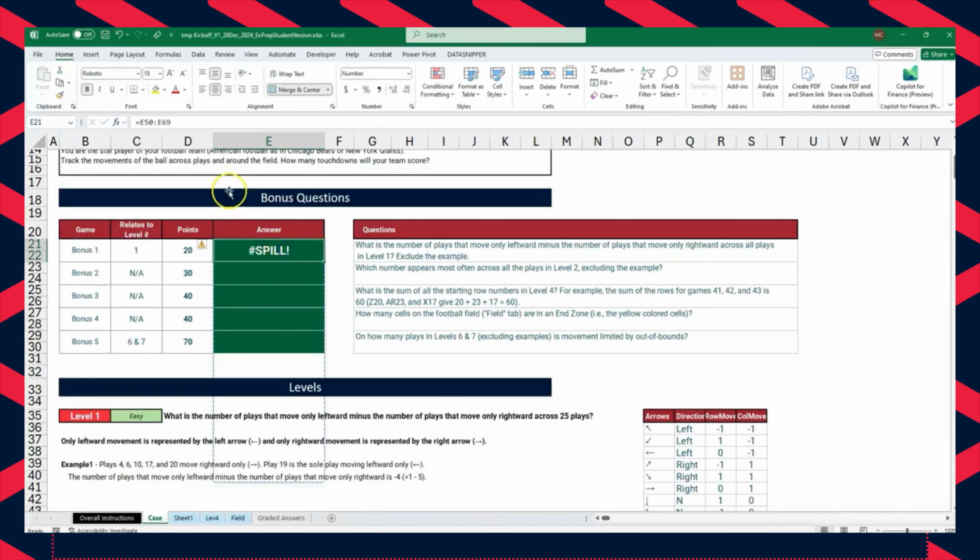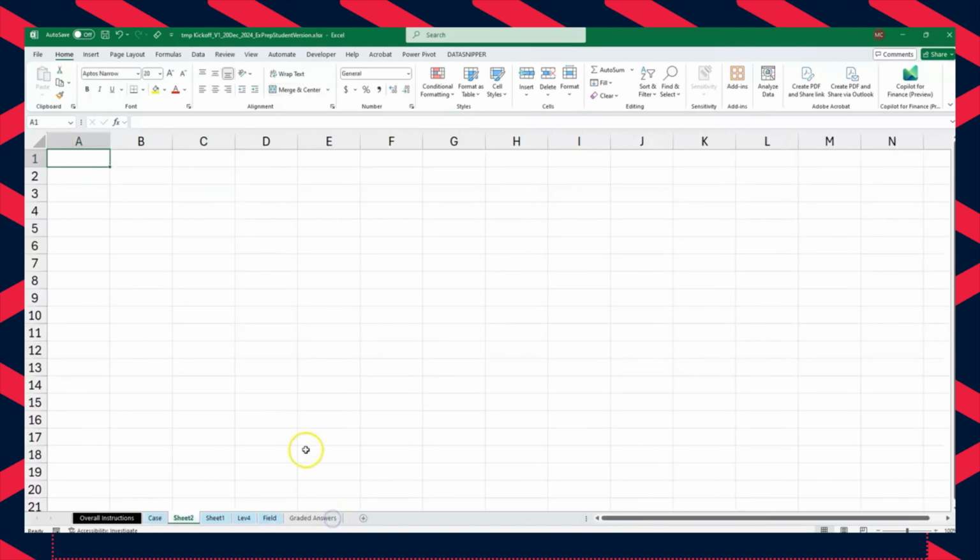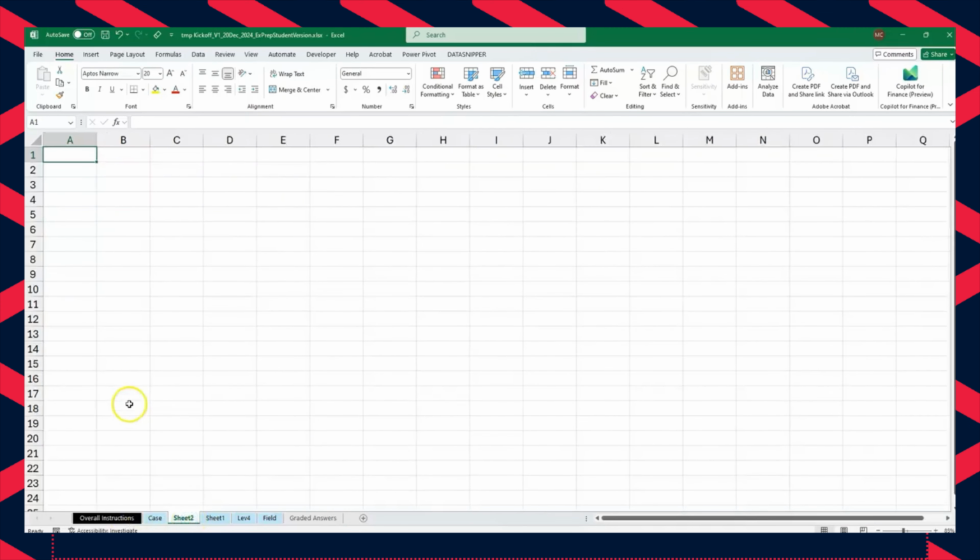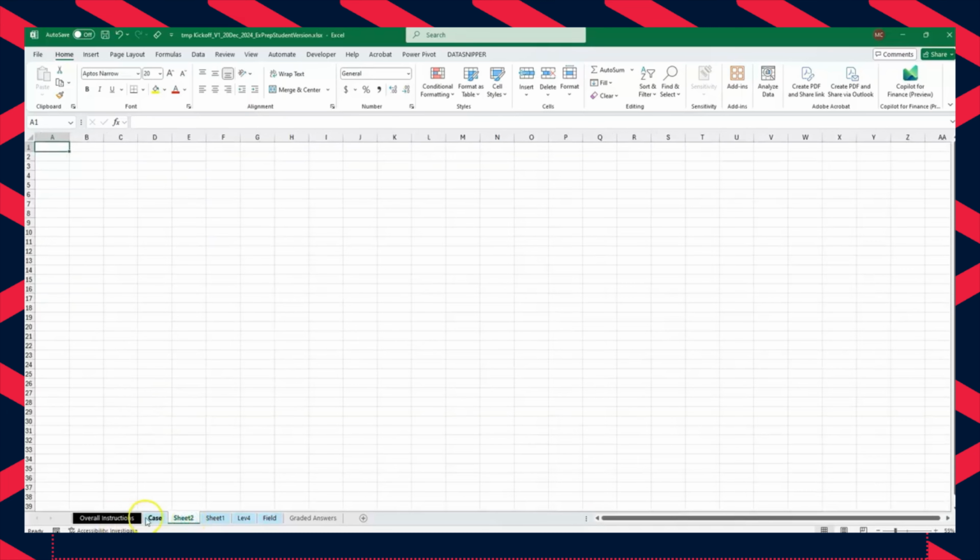Right, and nope, I meant to put a sum in front of that. Okay. All right, bonus 2, let's see which number appears most often across all plays in level 2, excluding the example. Okay, so we'll add a new worksheet here, and let's go to